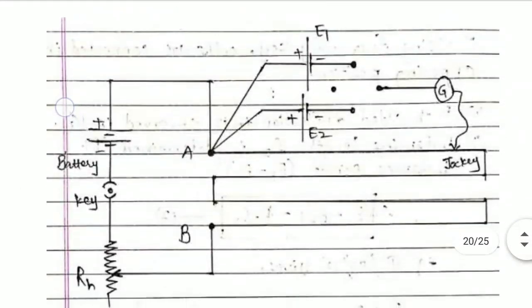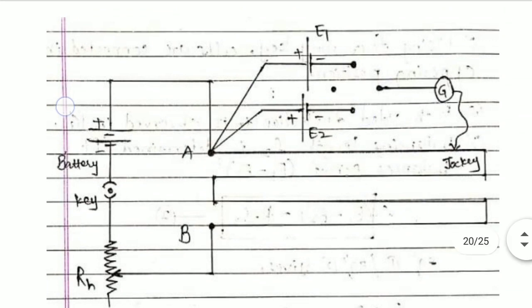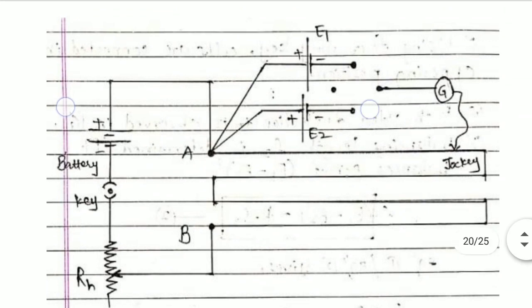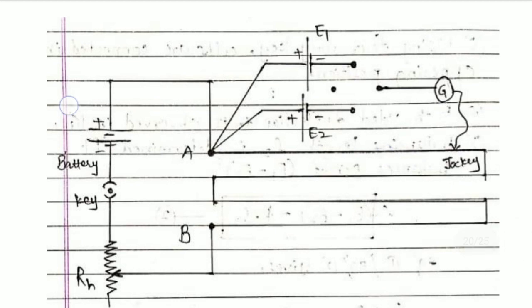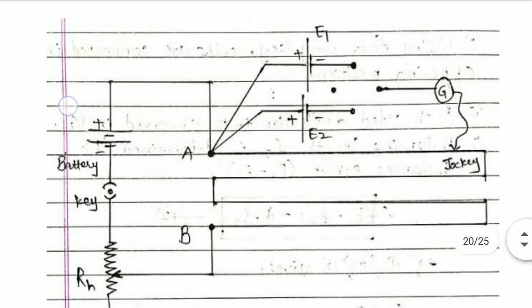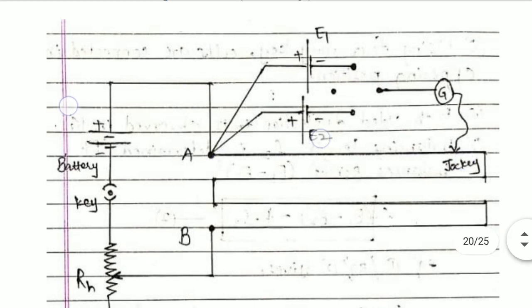Similarly, I can have a look at this circuit again, and now I remove this key and put a key between this point and this point, and when I tap it somewhere here, E2 is now connected in the circuit. Touch the jockey once near point A, once near point B, and you will again have a both sided deflection. Try to find where the balancing length is, supposing that the balancing length comes here. Then this balancing length L2 between A and this point, having voltage equal to K L2, is balancing this EMF of cell E2.